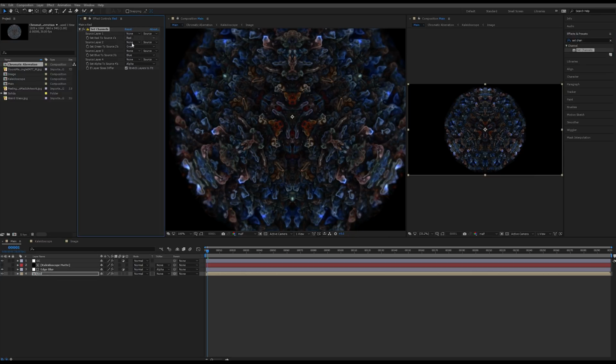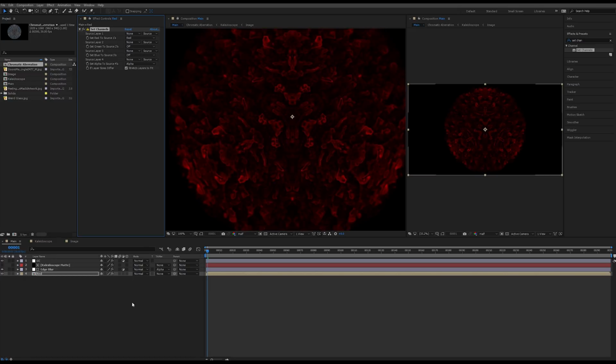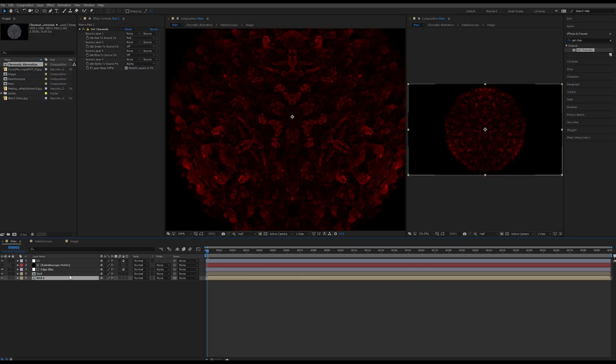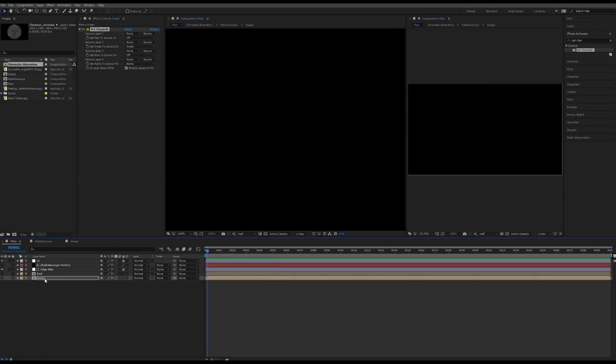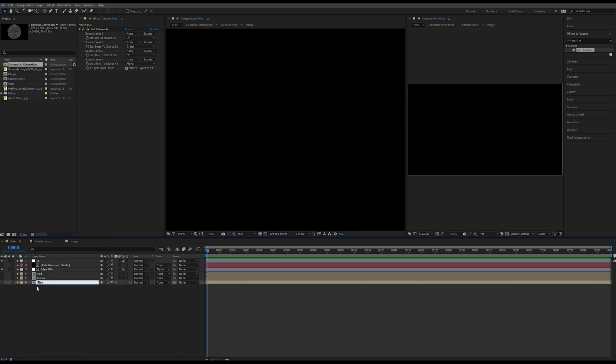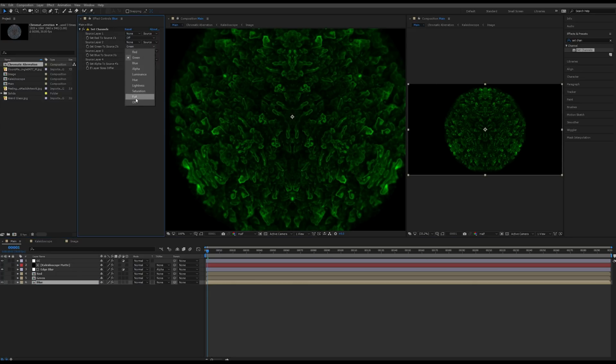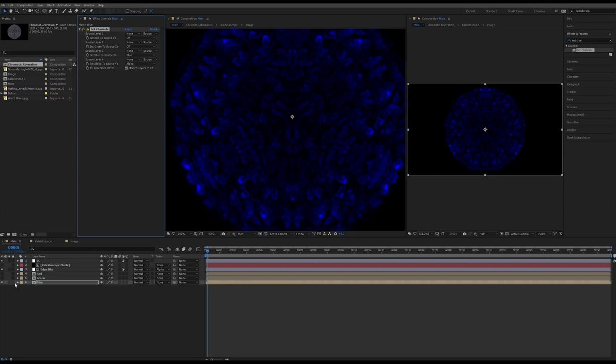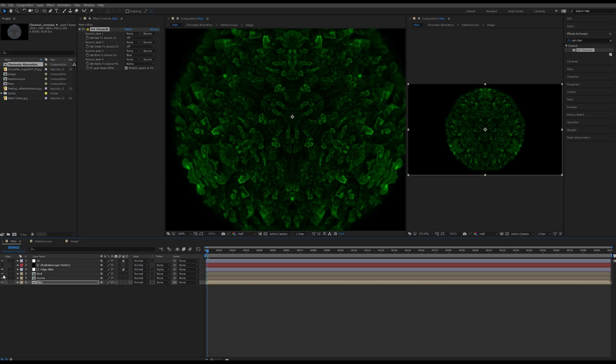Pull this over, and we want to strip out everything except the red channel first. So we're going to change the blue and green to off. I'm going to duplicate this, lower it, and I'm going to call this next one green. Turn the red off on this one, and then we're going to do green for the next one. Green should be at green, and then we just need to turn off red, and we can see that it's green. Do the next one. This is going to be called blue. Oops, not blur, blue. Turn this one on, and then we can see if we turn this green off and then blue on, we just get one full blue, one full green one, and then one that's just red.